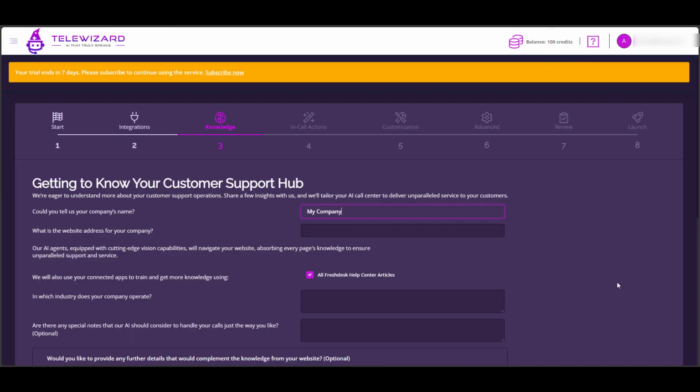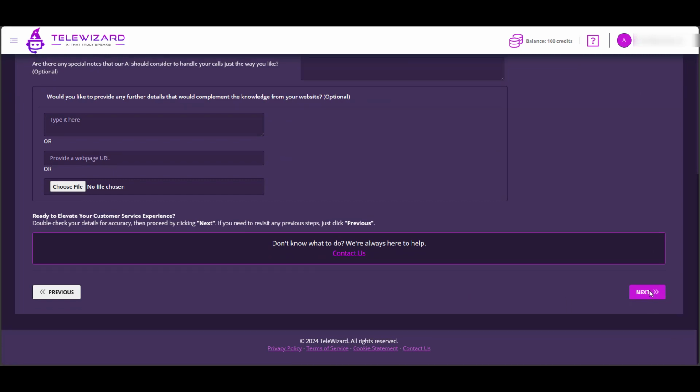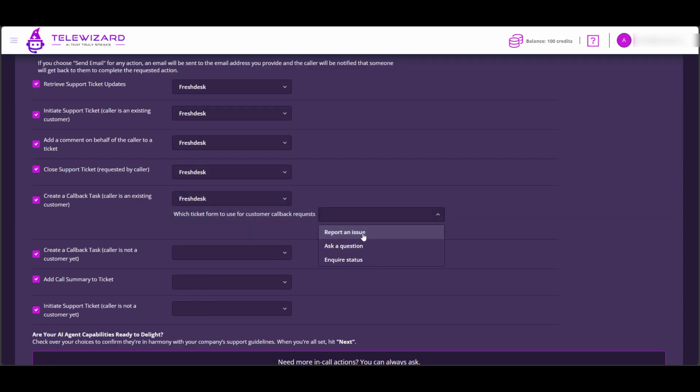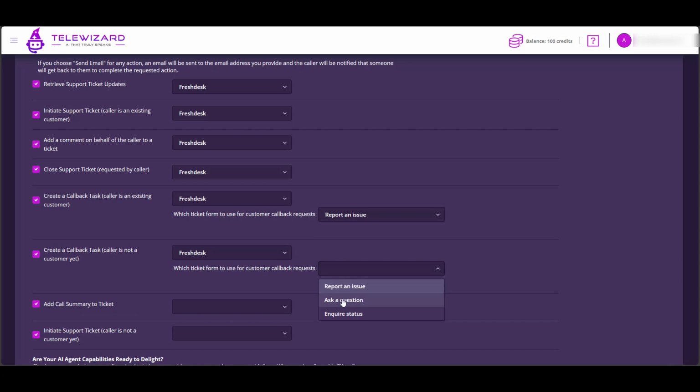After connecting, proceed to the Knowledge screen. Provide your company details and select all Freshdesk Help Center articles to import your knowledge base. Once connected, you'll see a list of in-call actions you can enable. These actions allow our AI to perform tasks like creating tickets, updating ticket status, and fetching customer information directly from